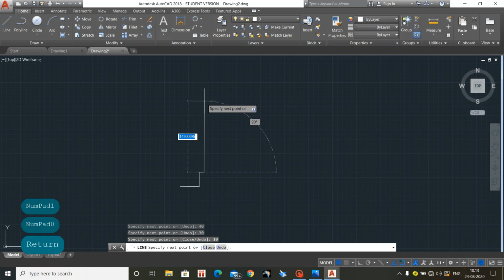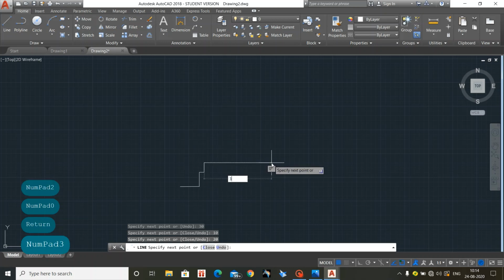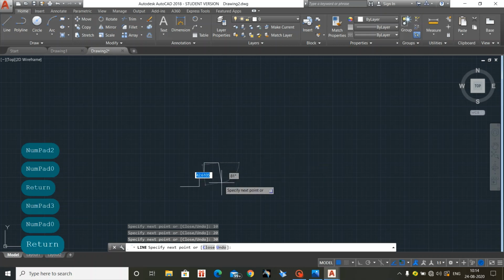So I have taken first length 40, second length 30, and third the short length is 10. And the height I have entered is 20 for the next length. So done. The horizontal distance is 30 as mentioned in the diagram, and the vertical distance 30 is mentioned in the diagram.